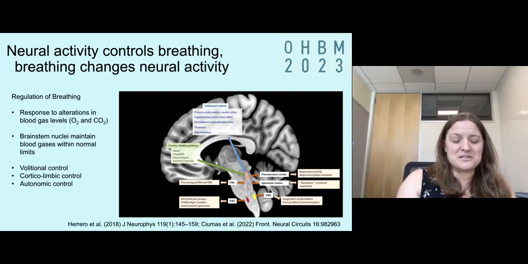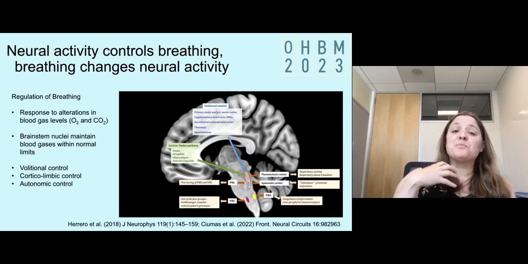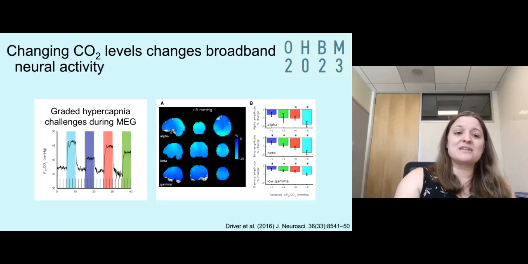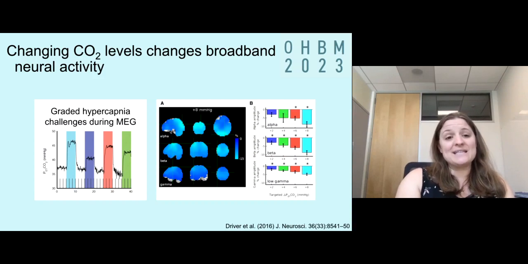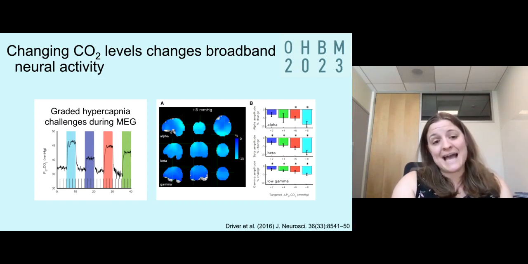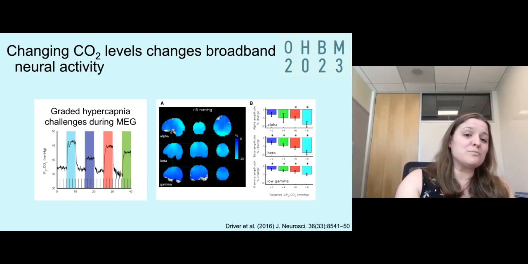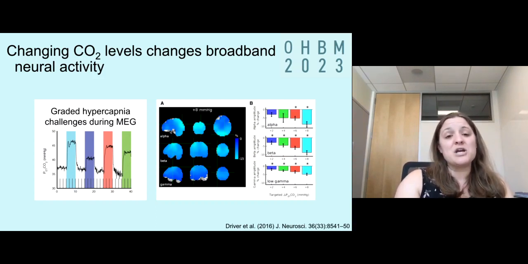So these systems are very intimately coupled, and disentangling them is difficult. Not only does breathing relate to neural activity, but actually carbon dioxide levels will change neural activity. So in this study led by Ian Driver, we administered gas challenges during MEG scanning. So there's no change in breathing necessarily or intentionally, but we do have these changes in CO2 levels, which then